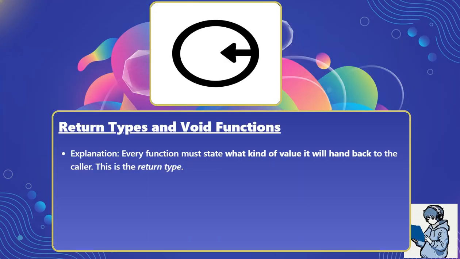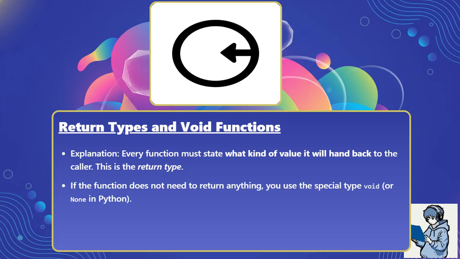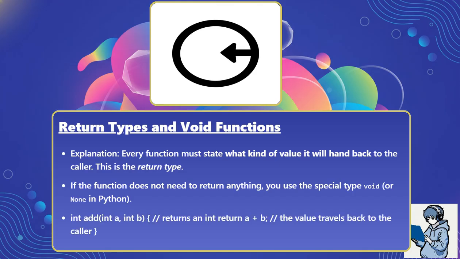Every function must state what kind of value it will hand back to the caller. This is the return type. If the function does not need to return anything, you use the special type void, or None in Python. int add(int a, int b) { // returns an int: return a + b; // the value travels back to the caller }